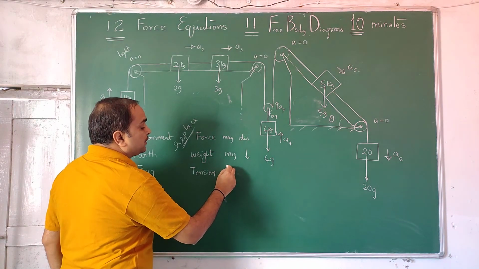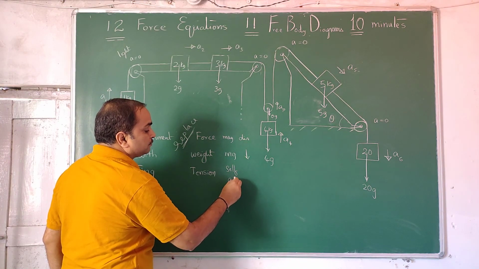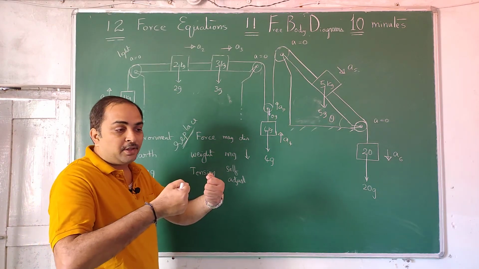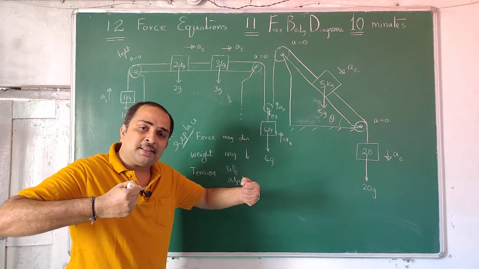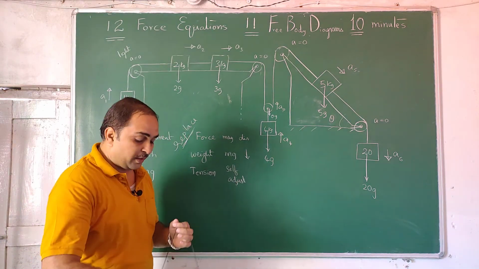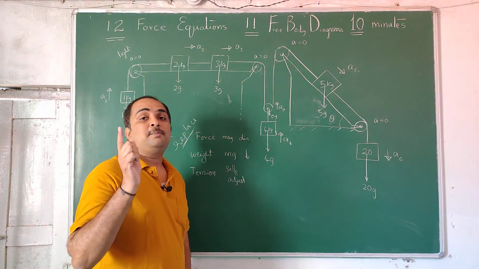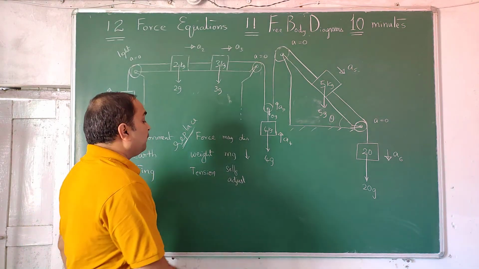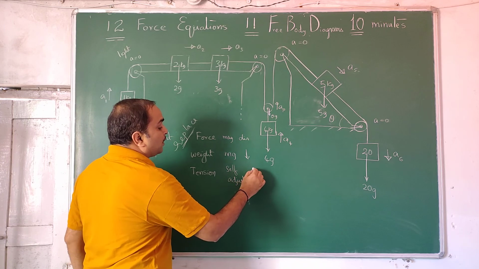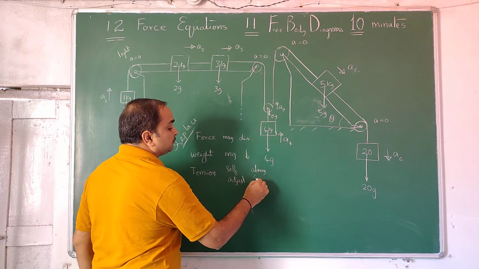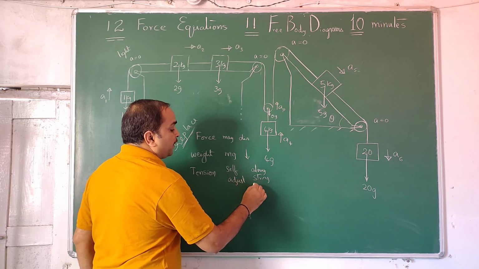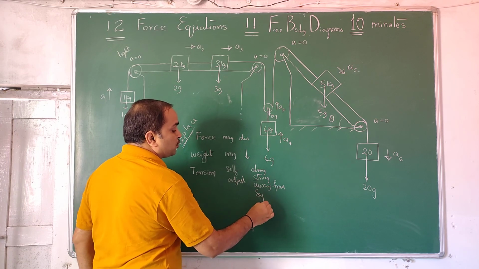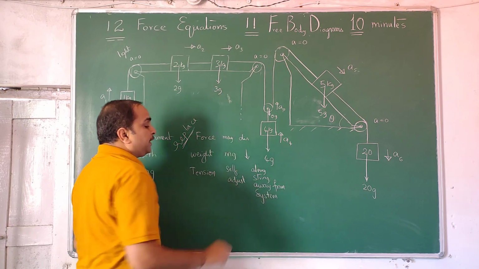Tension will not have a fixed magnitude, it is self-adjusting. That means however much you pull, the wire pulls back until it breaks. You apply 10 newtons, it applies 10 newtons. You apply 20 newtons, it applies 20 newtons. You apply 30 newtons, it applies 30 newtons, like that. This wire which I am using also, you could go on pulling it, and until it breaks, it applies a self-adjusting force. What force you apply, the wire will apply back. Self-adjusting, and it will be along the string, away from the body, away from the system you have chosen. This phrase you have to use repeatedly.